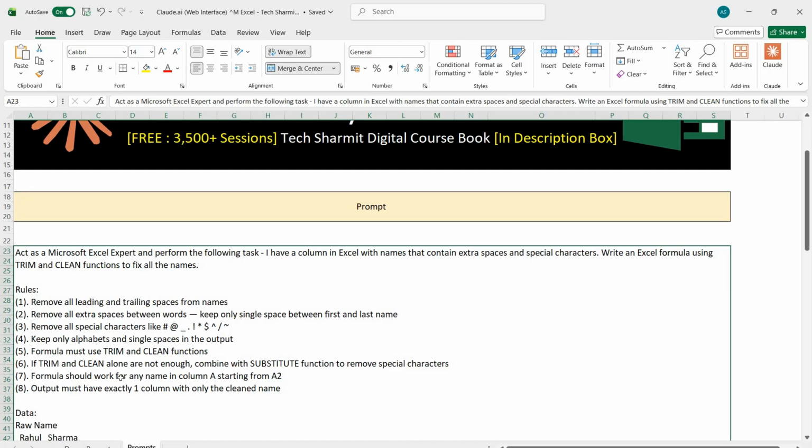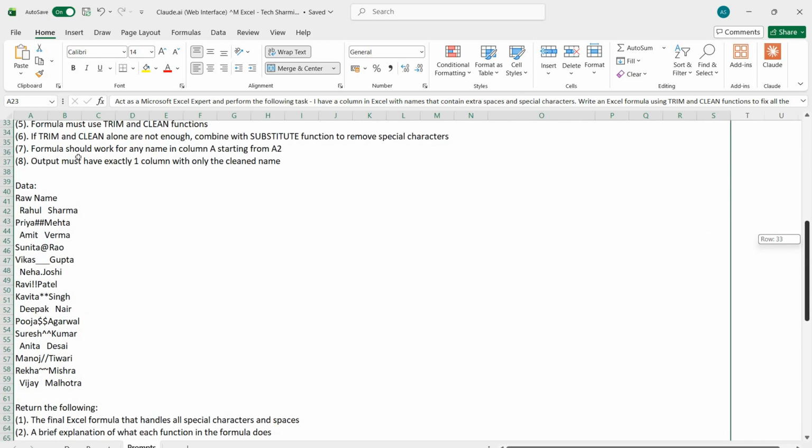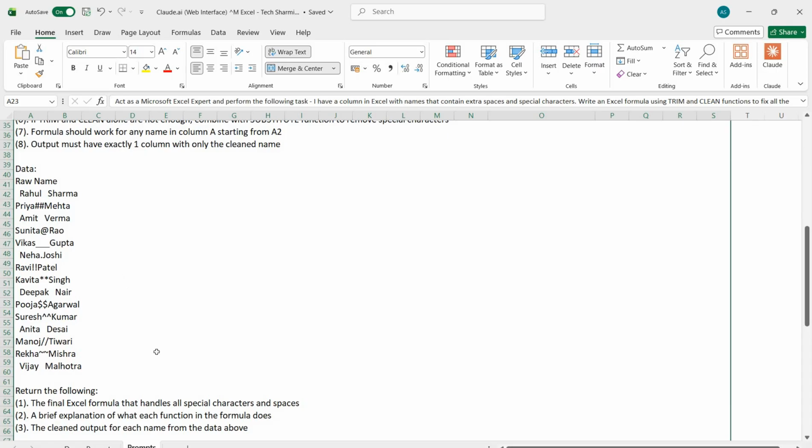Seventh rule says formula should work for any name in column A starting from A2. Okay, so this is just a line if you want to deal with formulas. Okay, and then output must have exactly one column with only clean names. Then we have sample data, so this is my data, and after that I have some other important 3 lines